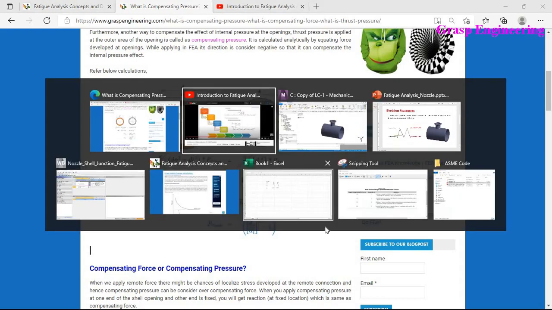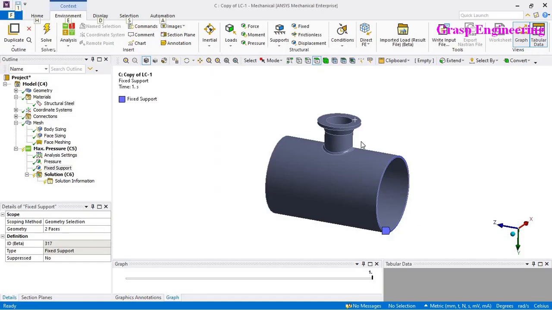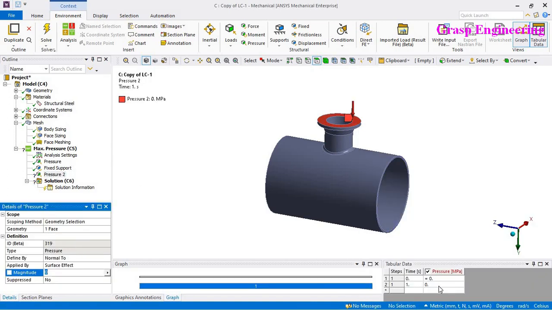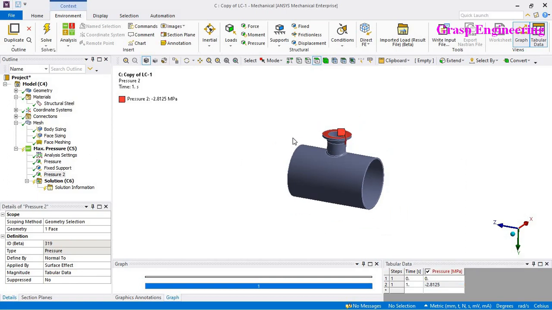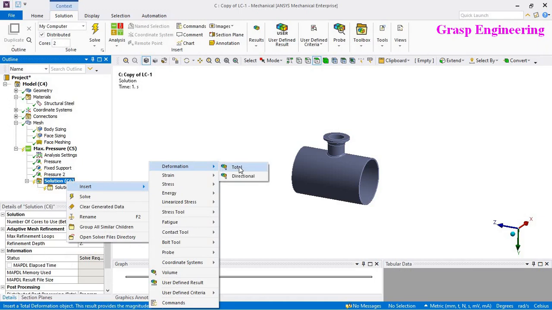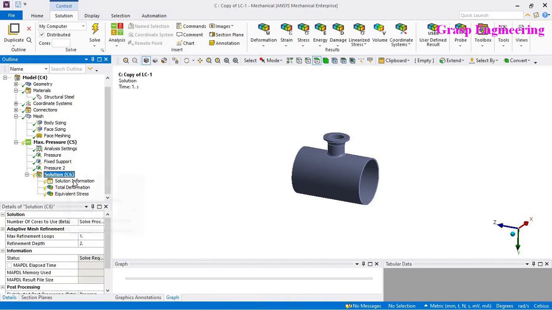By using this formula, I just found out this value 2 point. So I will apply it, insert pressure, and then okay. Now this is all about our simulation part. Now the results which we want are deformation, total deformation, and we want the stress value.